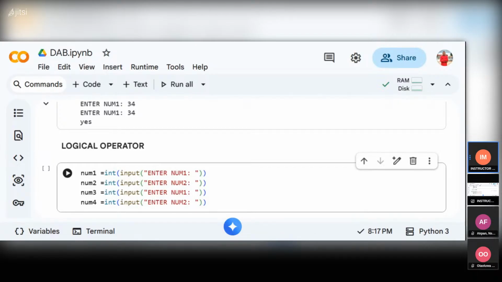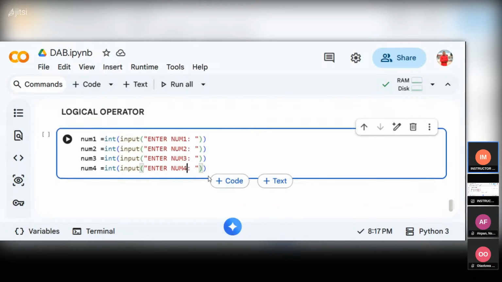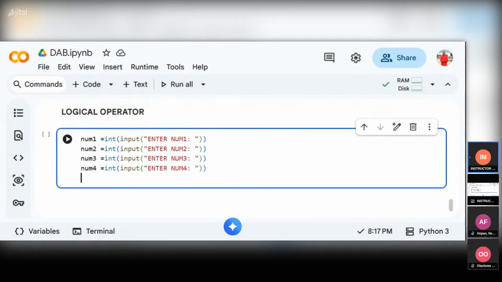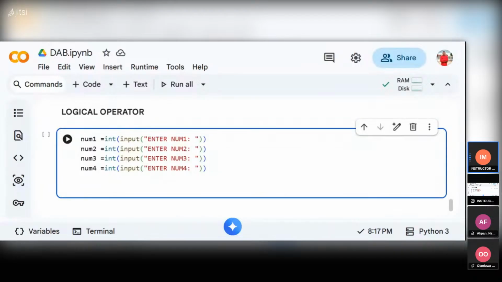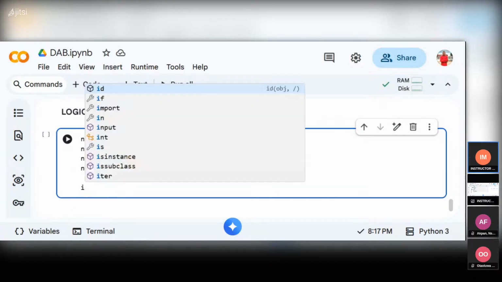So we are going to look at the different logical operators. I'm going to change all these numbers. So we have gotten our 4 inputs. Now we are going to write a condition. I'm going to do it like this. Let me use small letter. Now if